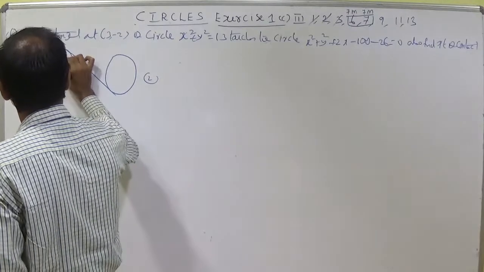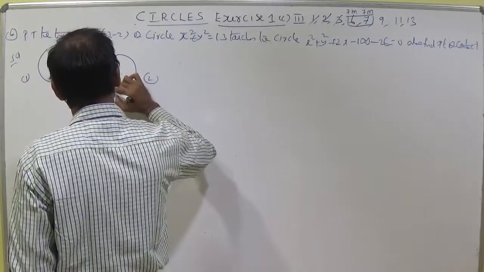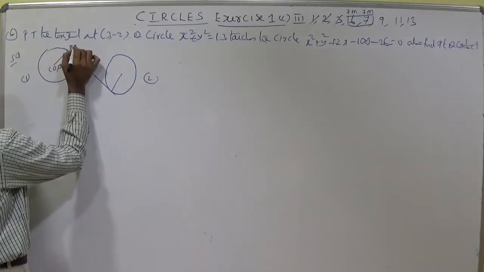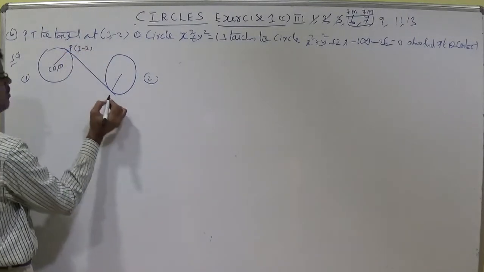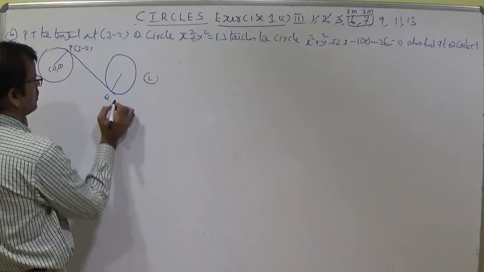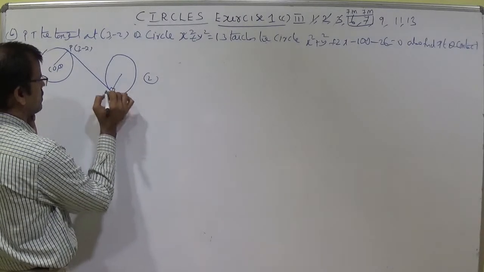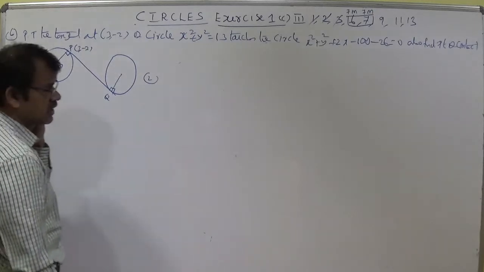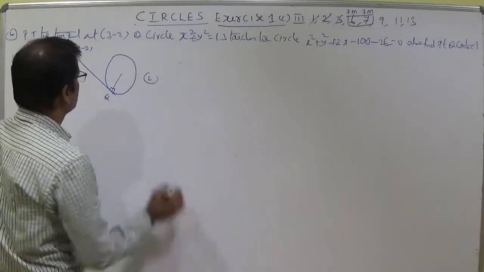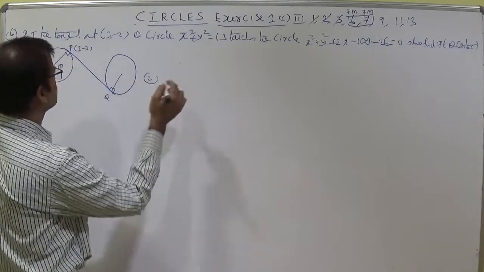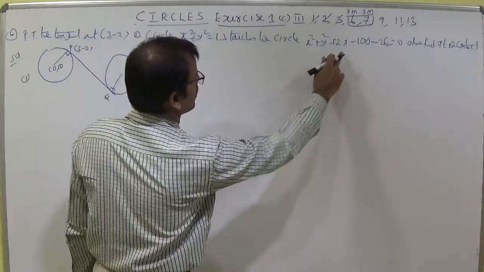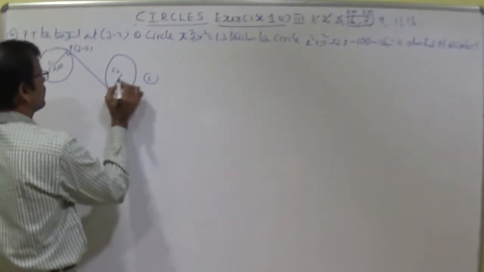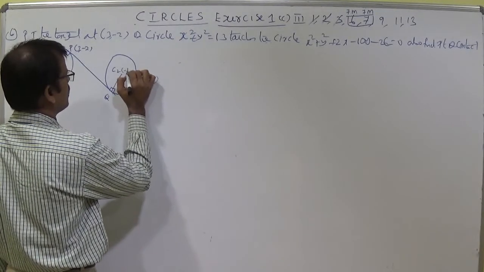So draw like this, and this is center, this is center. This is the point of contact. Put P here. The point P is 3 comma minus 2, and put Q here. The point Q is the point of contact, and the perpendicular distance from the center to the line is the radius, the condition r is equal to d. Here C1 is 0, 0 and C2 is minus 1 comma 5. This is center 2 and this is center 1.